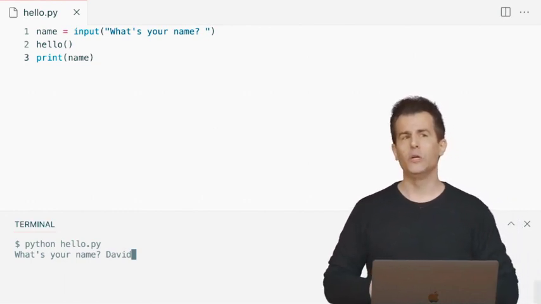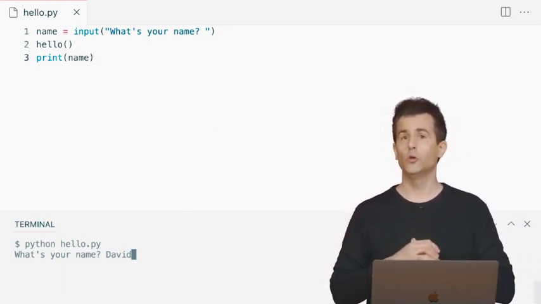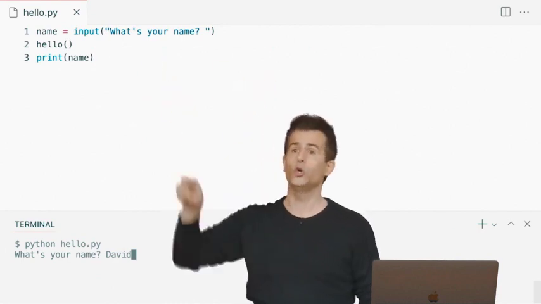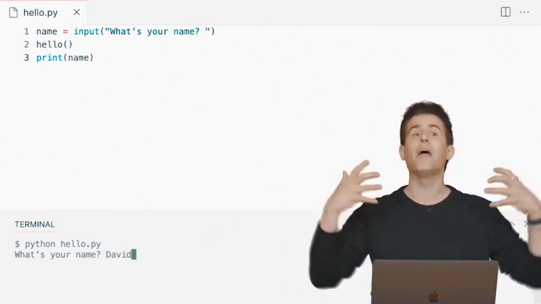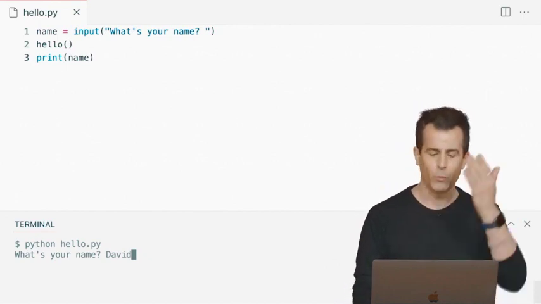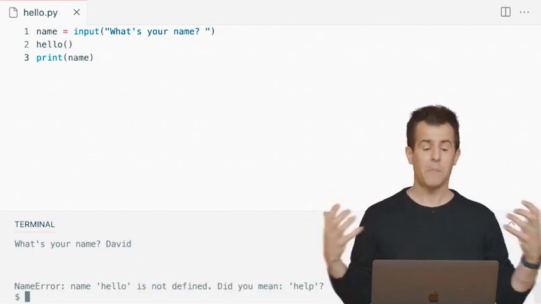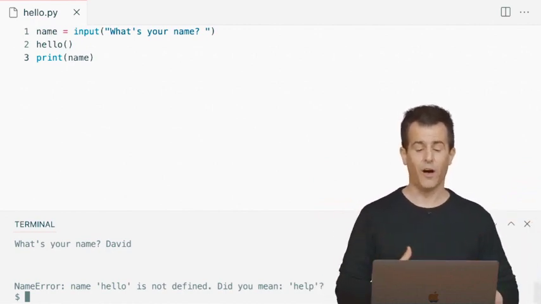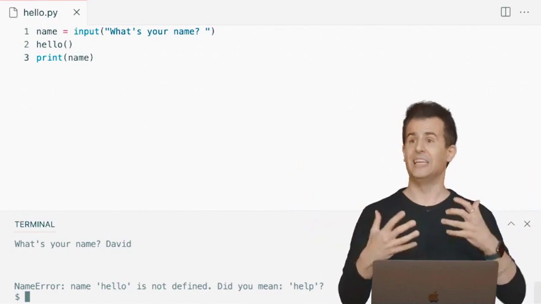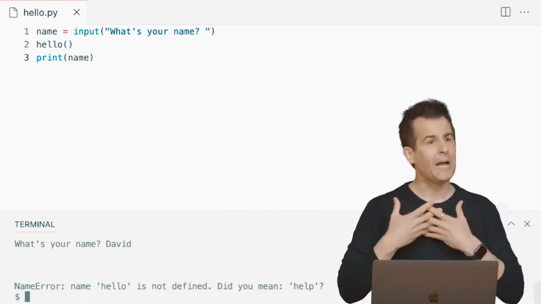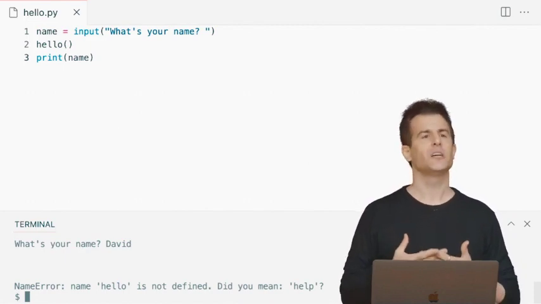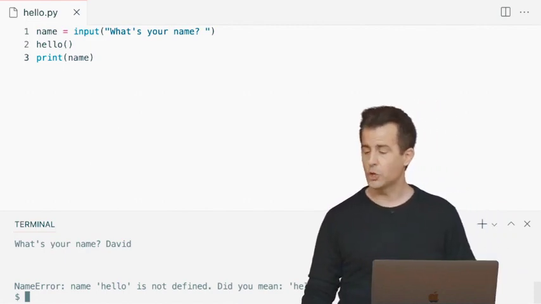The second line of code is apparently calling a function that looks like it's called hello, because why is it a function? It has an open parenthesis and a close parenthesis immediately after it. And that's what every function we've used has looked like. But Python's not going to recognize this one. When I hit enter now, I get a name error: name hello is not defined. Did you mean help? I didn't, although it's opportune. That's what I need at this point, is some help. But I am encountering this error because why? The function just doesn't exist. So how do I make this function exist?